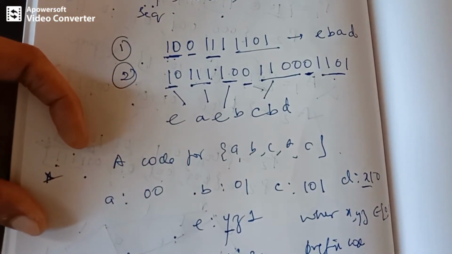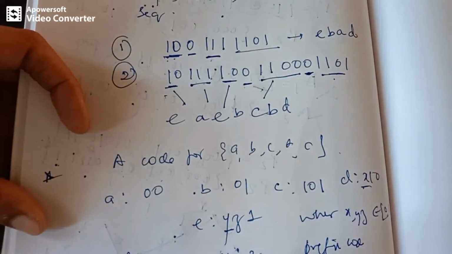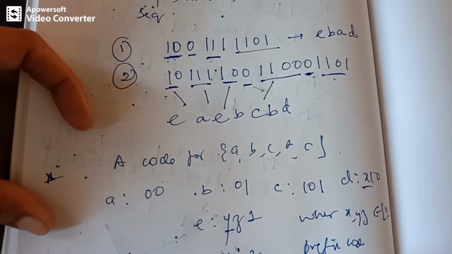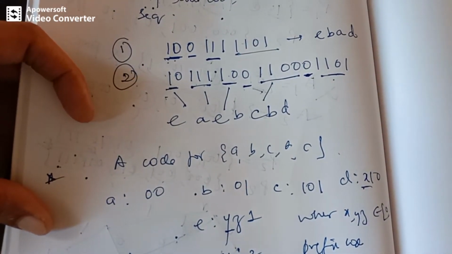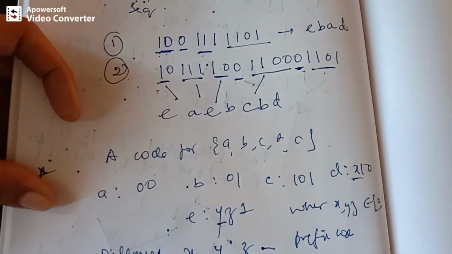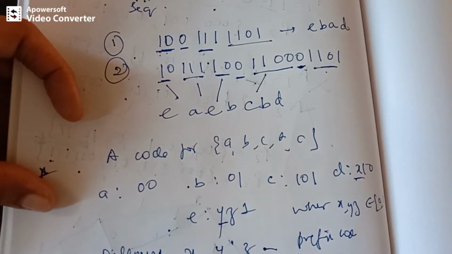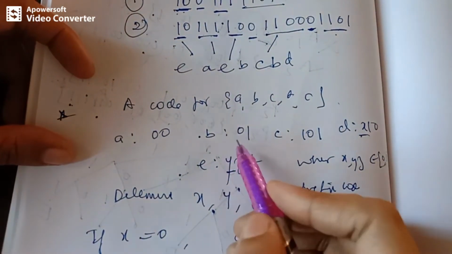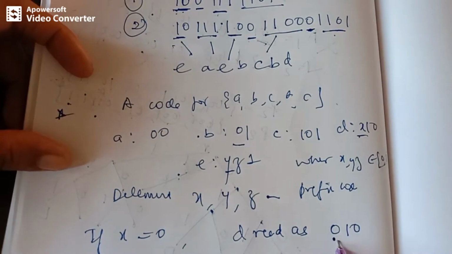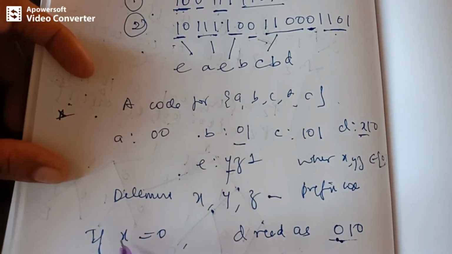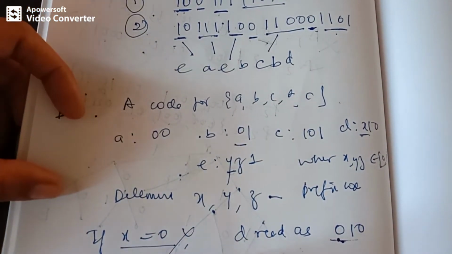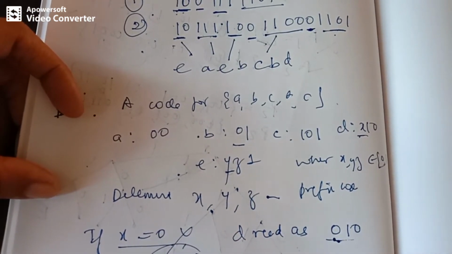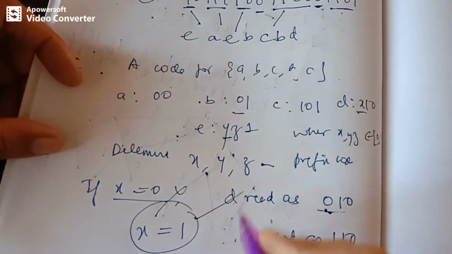So for example, we start by setting the value of X as 0. If we set X as 0, how will the code D look like? D will be read as 0, 1, 0, right? But you can observe that this will be a prefix to this code, correct? Therefore we cannot set X as 0, therefore X has to be 1, and now D is read as 1, 1, 0. Okay, we are going to fix this.